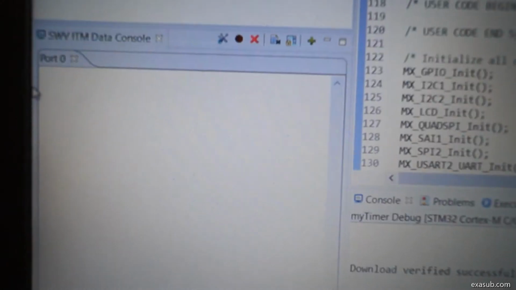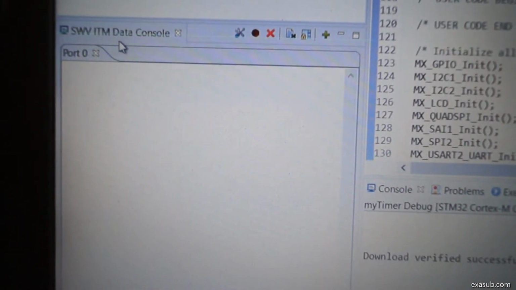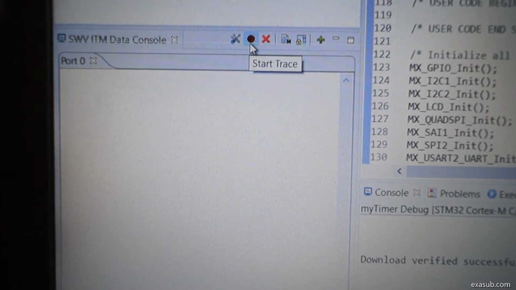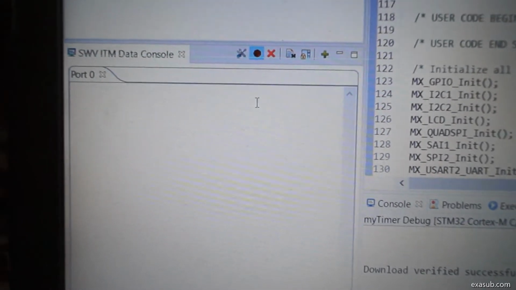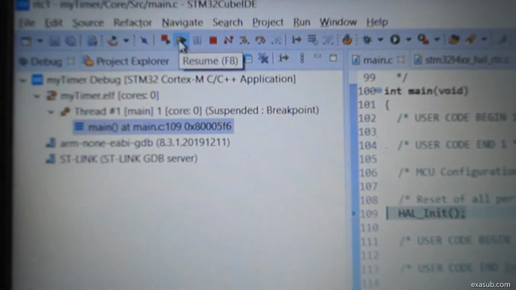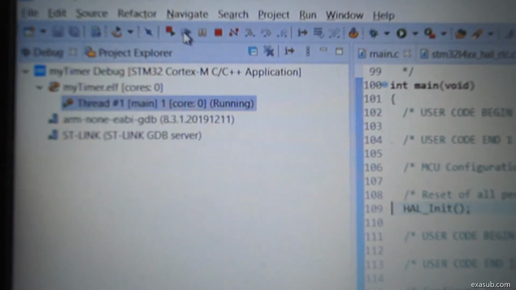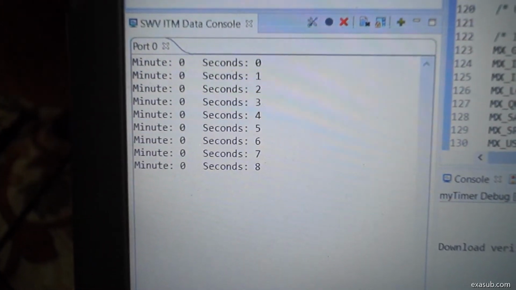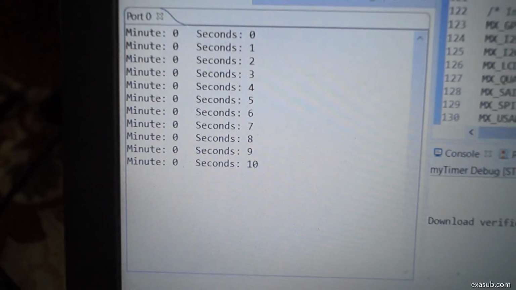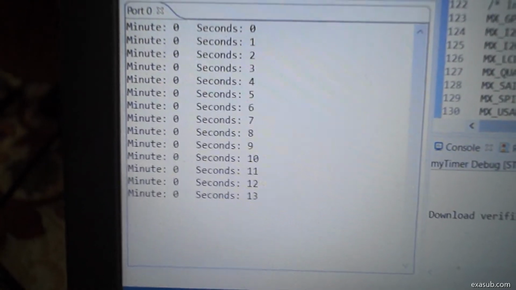I have also added this SWV ITM data console, so I have to click on start trace. I will click on start trace, and I am just going to click on this resume button. If I click on the resume button, I will get the minutes and seconds.